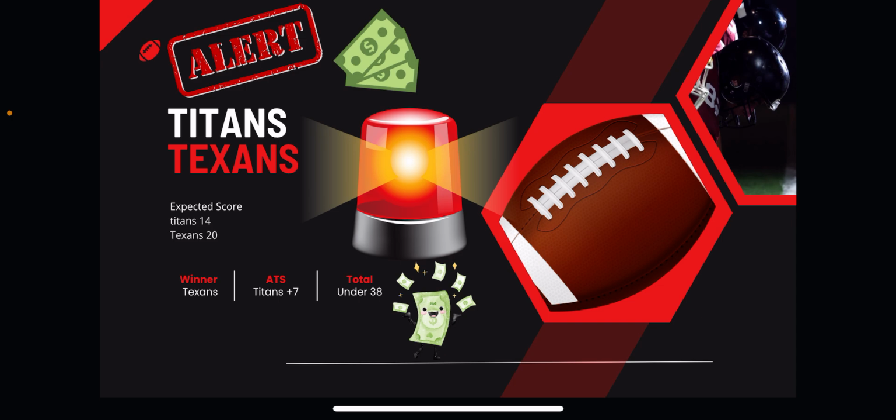The Titans, on the other hand, they're obviously struggling. They're going to try to keep pace with this team. I actually think that they have a decent shot to do exactly that. In these low-scoring games, there's a lot of variables. A field goal goes this way, a fumble goes that way, and totally switches the game. So I like them to cover the spread, because I think even if the Texans win this game, this is going to be like a 14-10 type of game. I would not be surprised if it's all field goals.